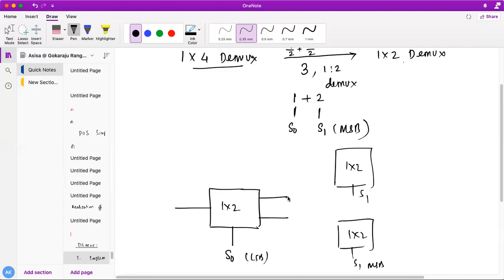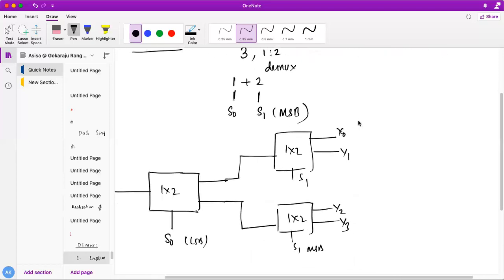Now the thing is, what is the input of these two? The input of these two is this one and this one. Here it is my input I. Here and here the outputs are Y0, Y1, Y2, Y3. Now we'll see what my truth table is, students. The truth table is nothing else, S1 and S0. Depending upon my S1, S0, my output will get selected. So this is my Y0, Y1, Y2, Y3. Now tell me how my output will be selected. If it is 0, 0, my output will be selected. Which one actually? Y0 will get selected. So here this will be 1. So see here how it is?